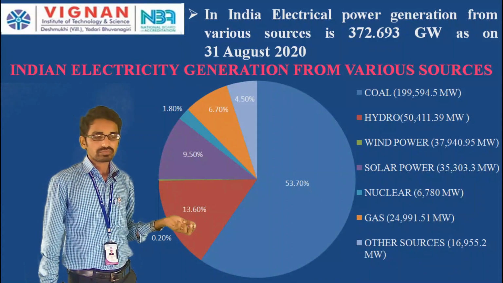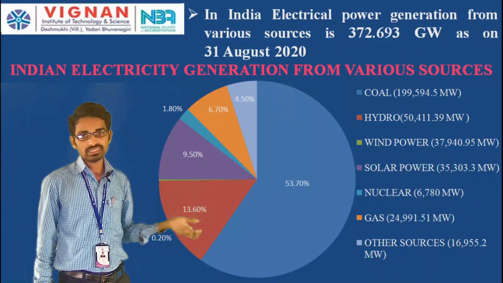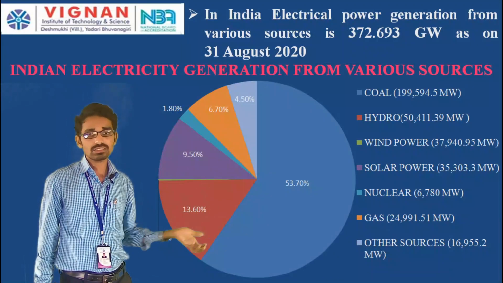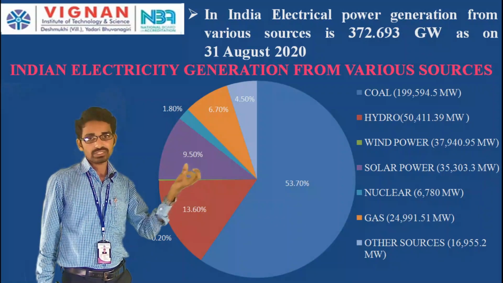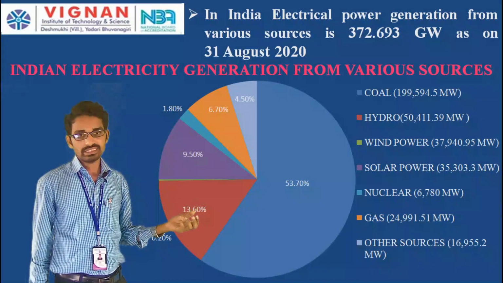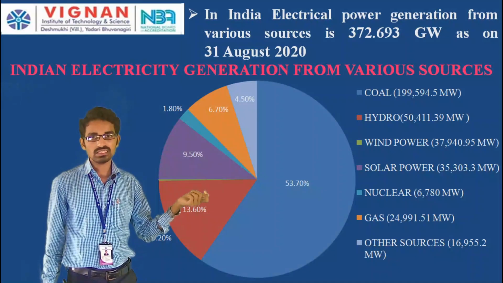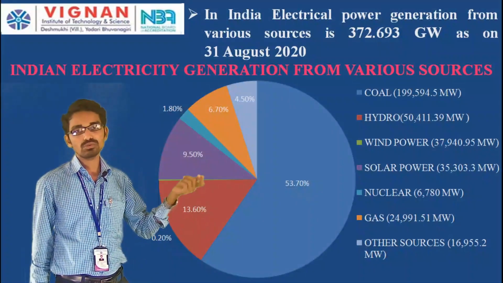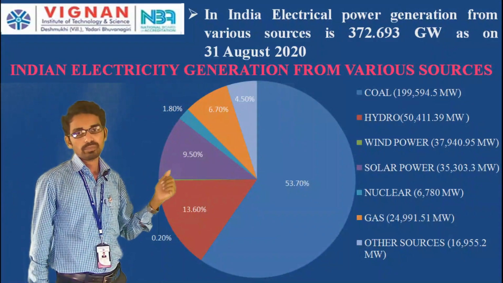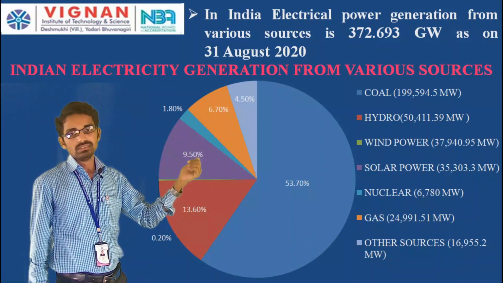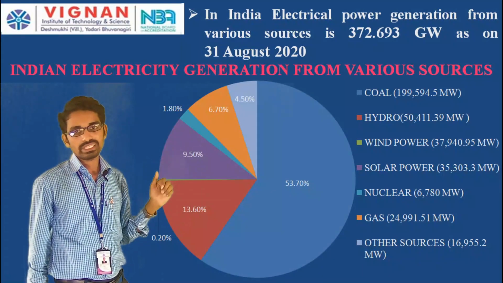generation is going to increase, and the cost is also somewhat less. The fuel for the solar power plant is 0, we are only utilizing the sun energy and converting that sun energy into electricity. So, that is increased in India, that is 9.5% of the total 372.693 gigawatts. In that 372.693 gigawatts, 9.5 percentage is solar, that is 35,303.3 megawatts. If you go for the nuclear power plants, it is only 1.8 percentage,